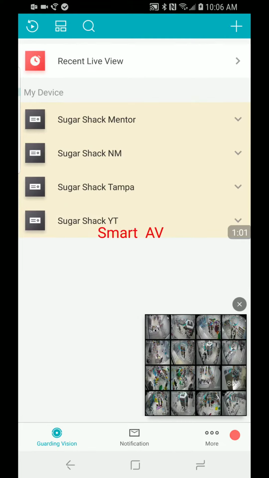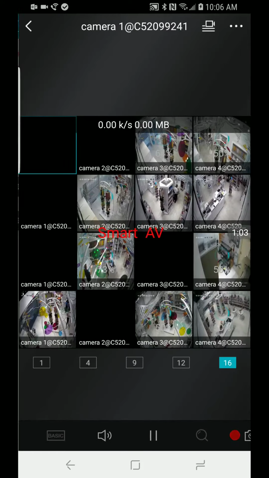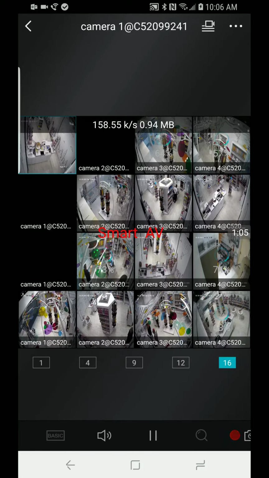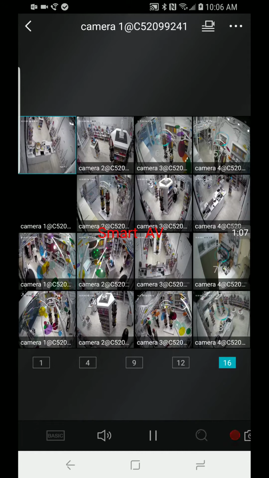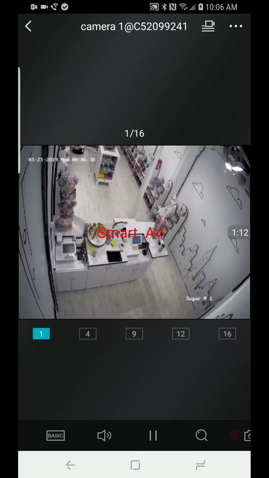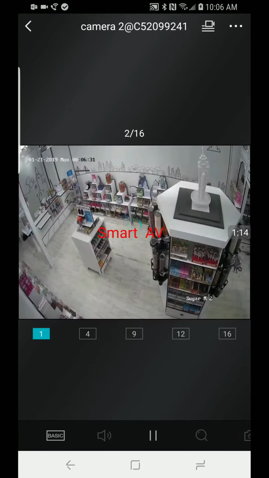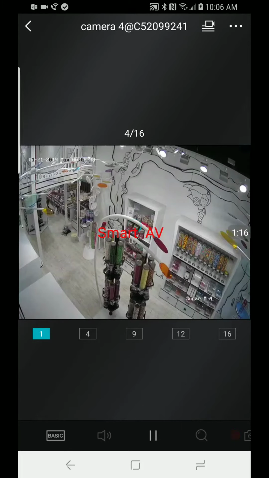I simply select all 4. If I double tap the bottom right corner, I can see all 4 cameras locations are now loading. And again, I can double tap on an image and I can scroll through all of the cameras on the network. You'll notice in the bottom right corner, for example, this says Sugar M4, which stands for Sugar Shack Mentor